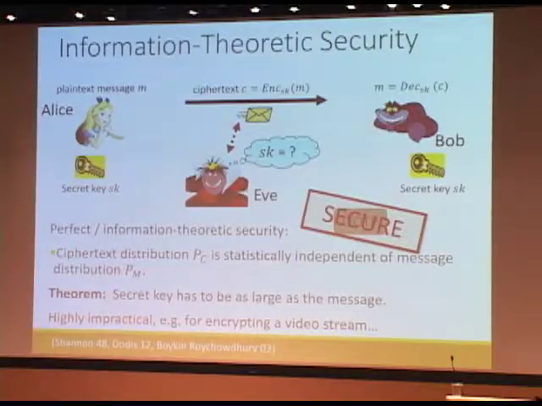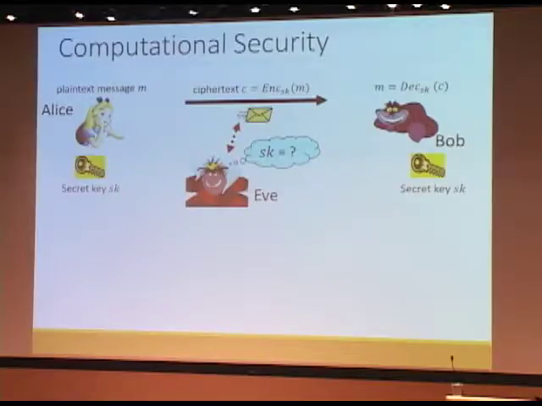So what people usually do in cryptography is they settle for something weaker, and they call this computational security. Then things get a bit more difficult to even define. If you want to define computational security, there are two things you can specify. On the one hand, there's a threat model, so you say what exactly the adversary can do. And on the other hand, you have to specify the type of security that you want to achieve.